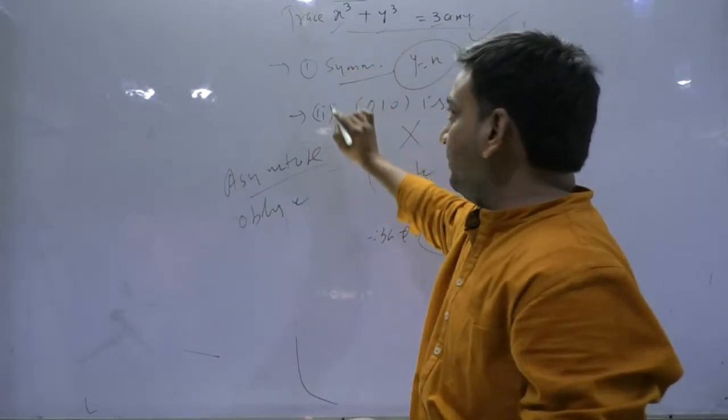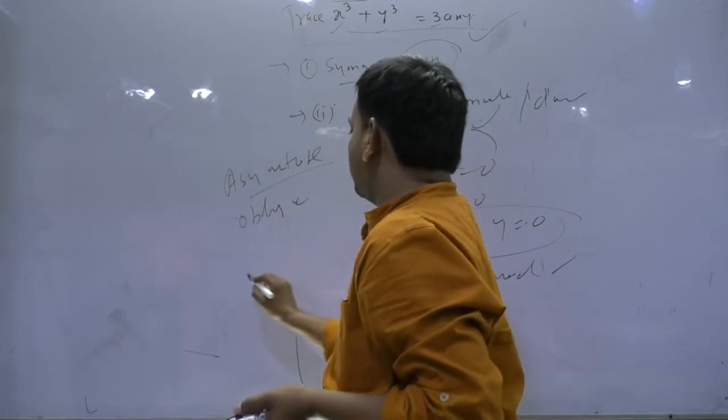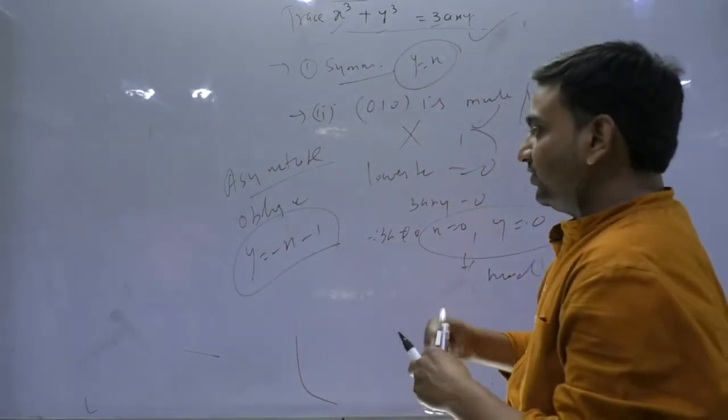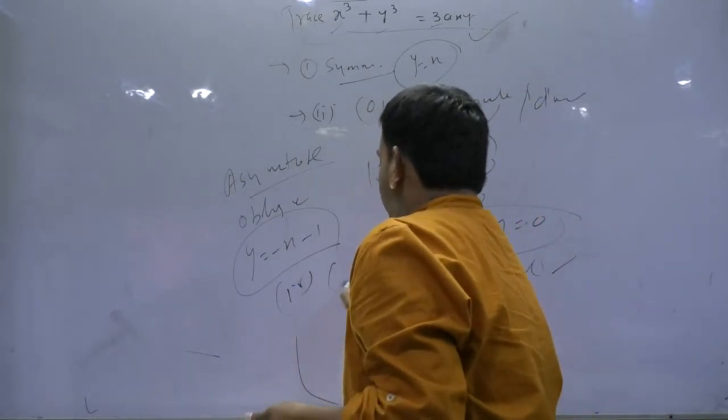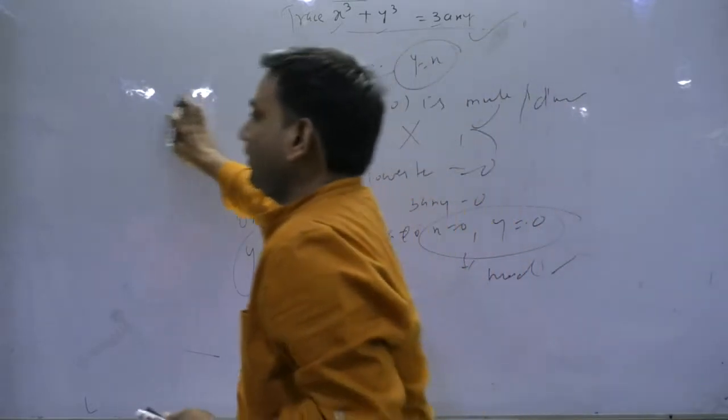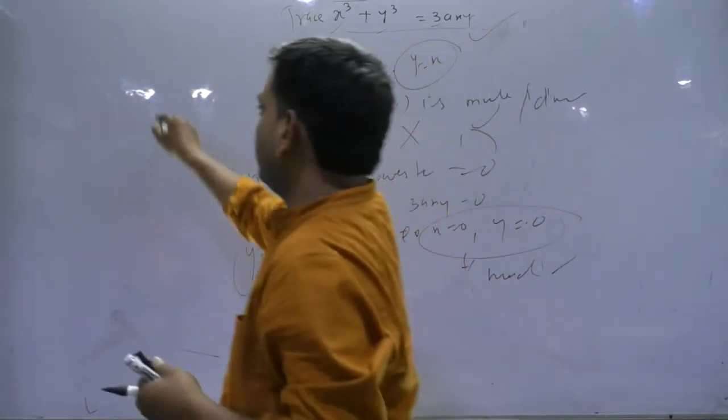So by the usual method, if I try to find the asymptotes, what I'm going to get is y equals to minus x minus 1. So the general points, the fourth component is general points. Only (0, 0) is at the origin. So now what we need to do is trace this curve.